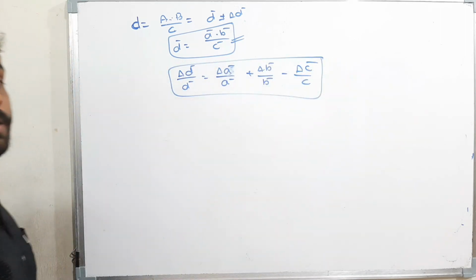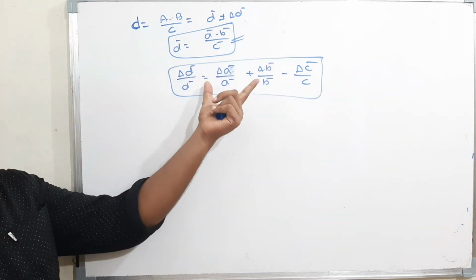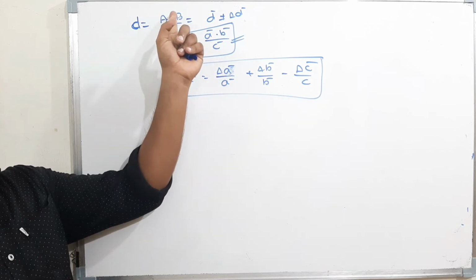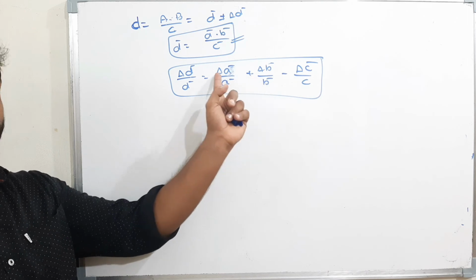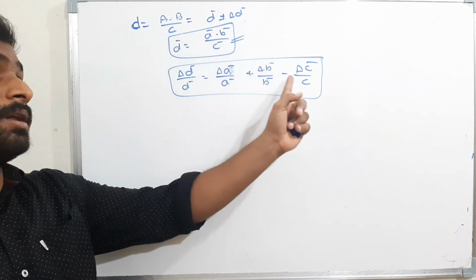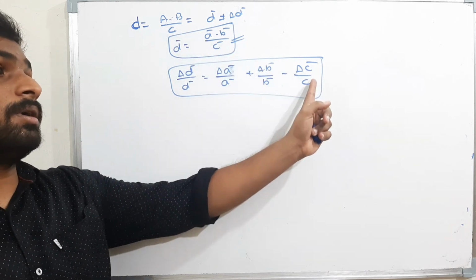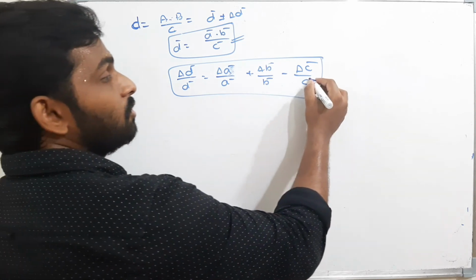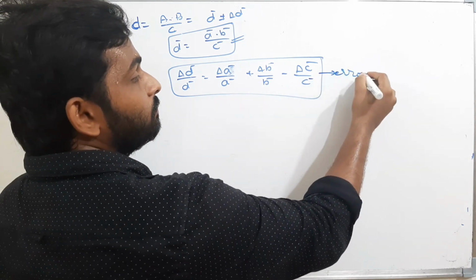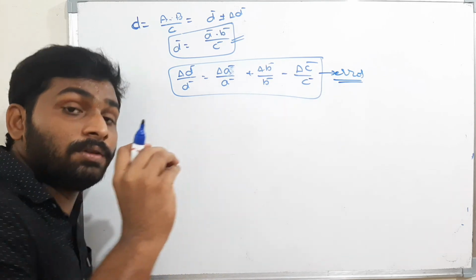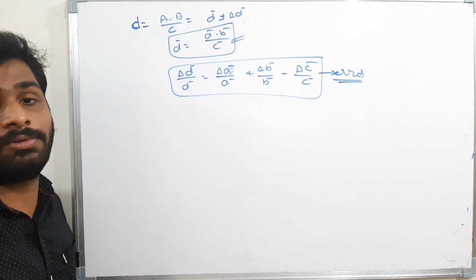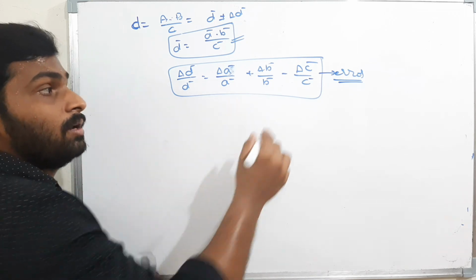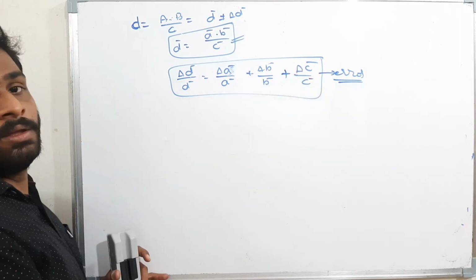The way to find the error in the D is this method, this formula. A and B are in numerators. Therefore delta A bar by A bar plus delta B bar by B bar, both will be positive. But C is in denominator. Therefore minus delta C bar by C bar. But this is only for when they told to find error. But if they told to find the maximum error, in the questions always they will ask maximum errors only, then it will always keep positive. Now we will see one more.